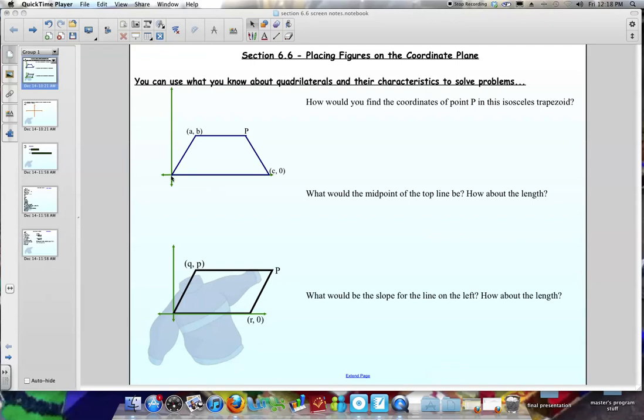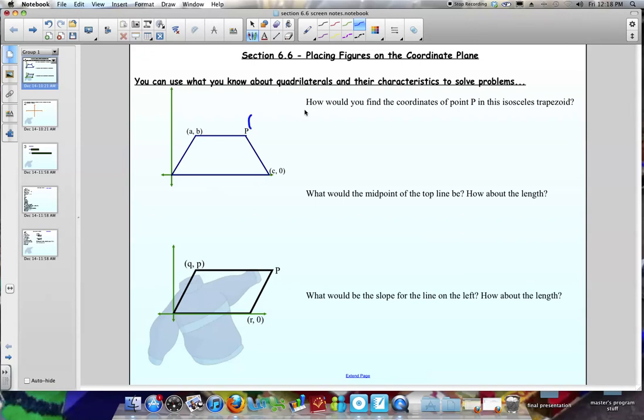one of the coordinates is at 0, 0, and another coordinate up at the top left is at A units over and B units up, the third coordinate is also on the x-axis, and it's at C, 0. What would have to be the coordinates of P based on the other three coordinates? You have to use what you know about an isosceles trapezoid,